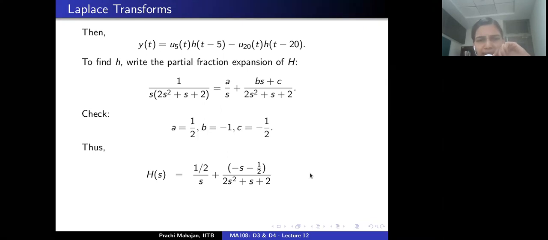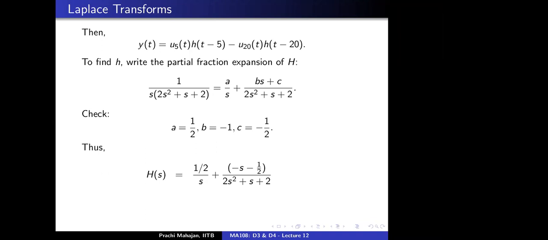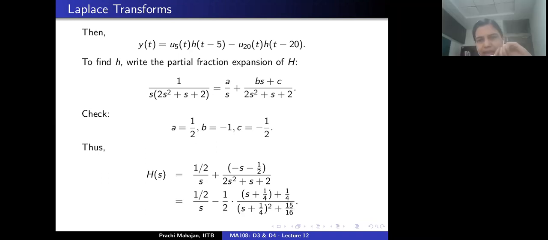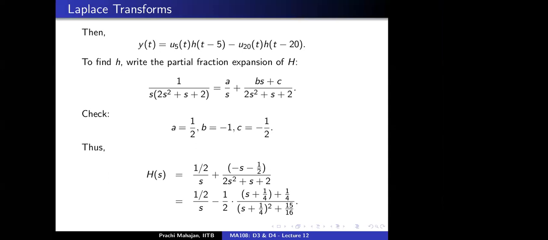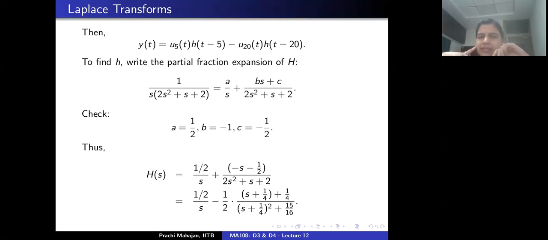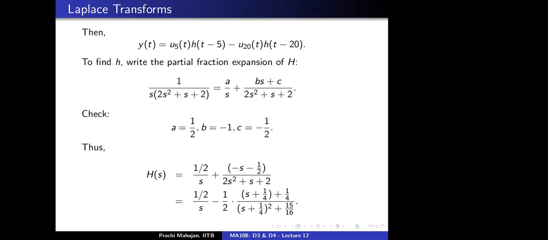Now, having written capital H as follows, can you tell me what should be little h? What should be the inverse Laplace transform of the function capital H? Ma'am, 1 by s will be 1. Yes, 1 by s will be 1, okay. And to take care of all of this, you make a further simplification, right? Does this seem like a good idea? Write it as s plus 1 by 4 whole square plus... Yes, it will be like cos and sine. And we can separate s and the constant term, and we will get cos and sine respectively.